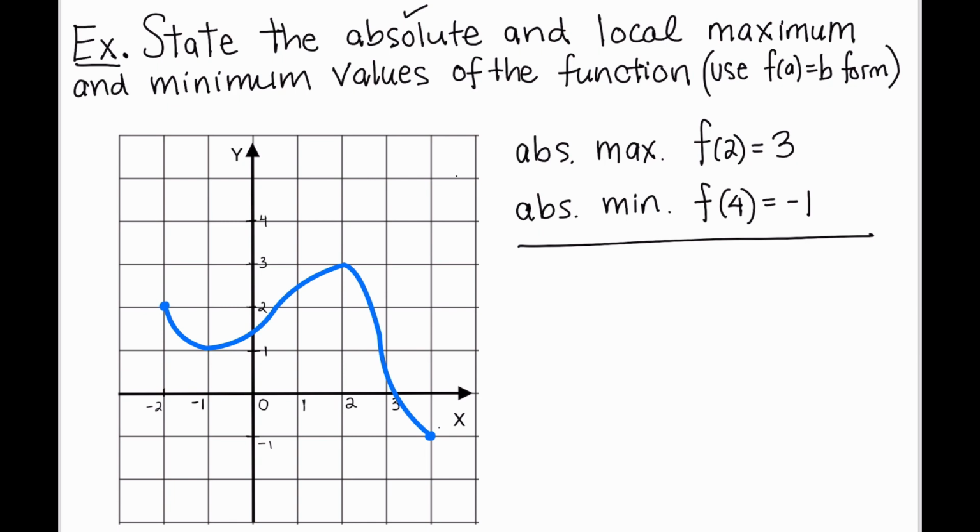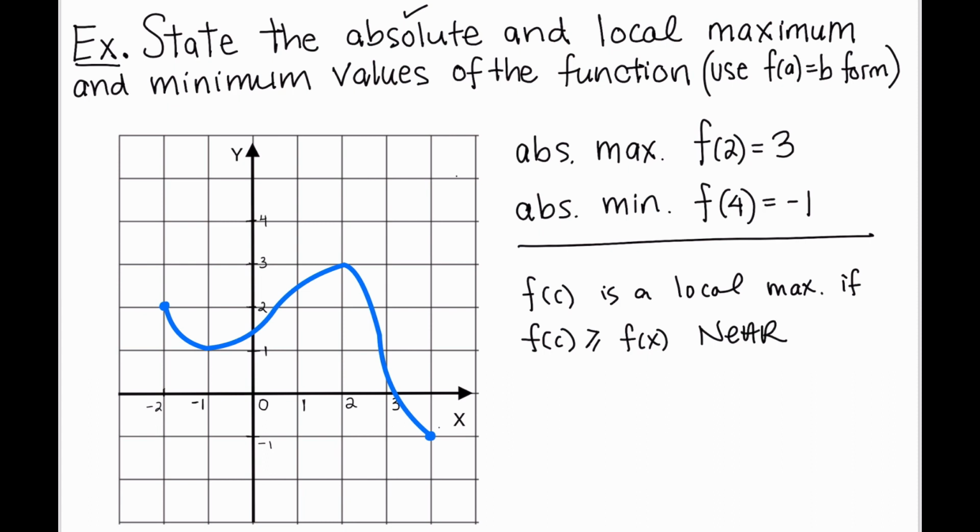Let me just quickly write down the definition. f of c is, let's say a local, let's start with maximum, if f of c is greater than or equal to f of x near c. Okay, so this is the part that's a little tricky. Near c basically means that for some set of values to the left and to the right, like an open interval, in other words, on an open interval that contains c. So just to show you visually,